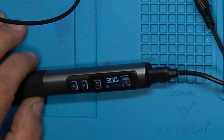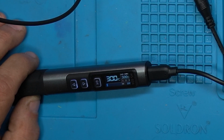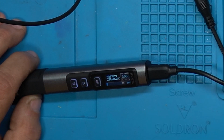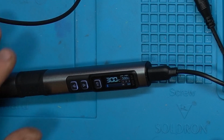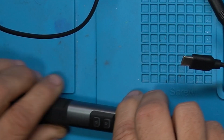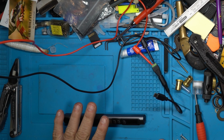Looking at that heat up on the 2 shared channels, it was 1.4 amps on channel 1 and 1.9 amps on channel 2. So that is 3.3 amps, and there was some change. So I'm going to say 3.4 amps is what this pulled heating up. So I know this benchtop power supply can handle